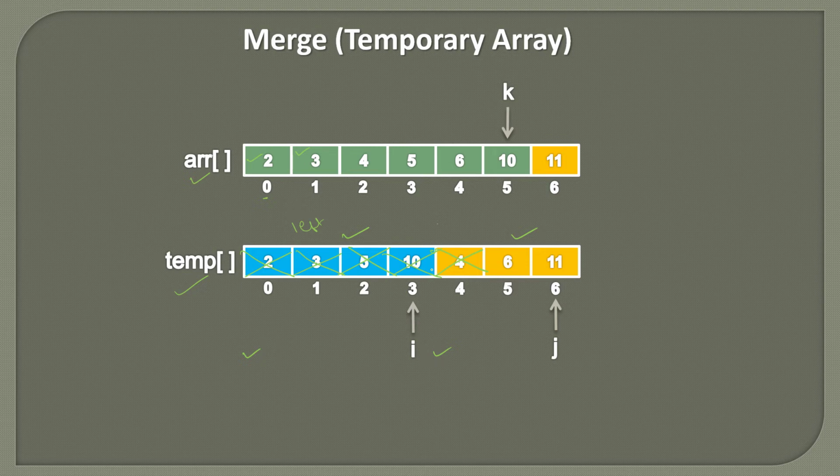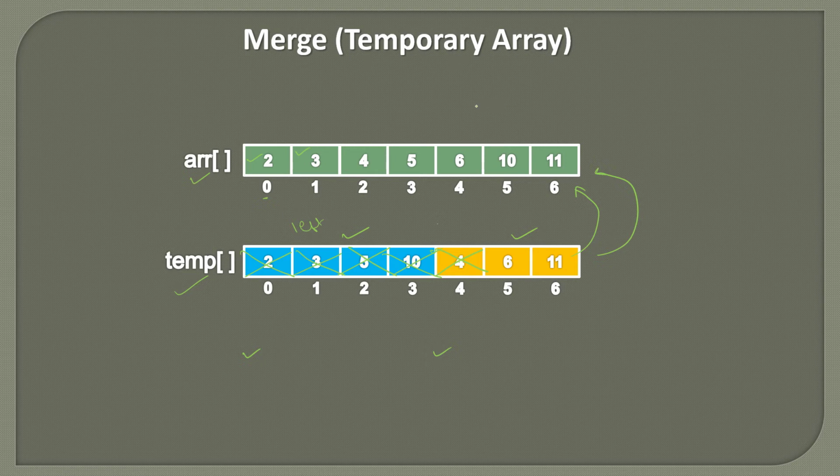So this goes out of the boundary. And whatever the values are left in the right part, we simply put them here because they are already sorted. So anything which comes after 11 will be, let's say 12, 14, XYZ, but it will be greater than 11. So they will come directly like this. So we simply copy the elements in the leftover part of the original array. So it goes like this. So this is the merge at a high level using the temporary array.